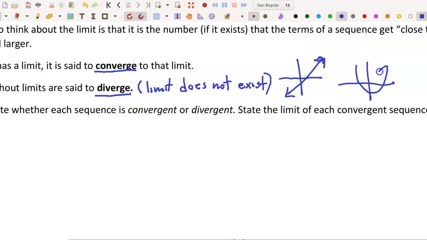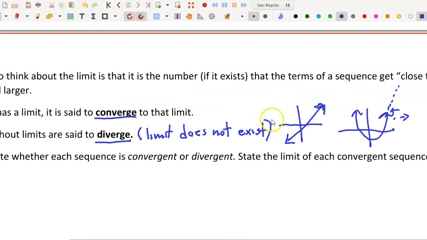Same thing with your parabolas. On both sides, they just keep on going positive, higher and higher and higher, both going to the right and going up, or going to the left and going up. So those are divergent. Just as a frame of reference, a lot of the graphs you've worked with your whole life, they diverge. Only in Algebra 2 did you get to some that started having